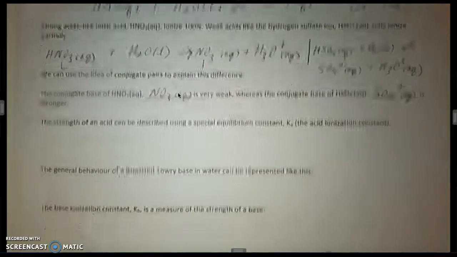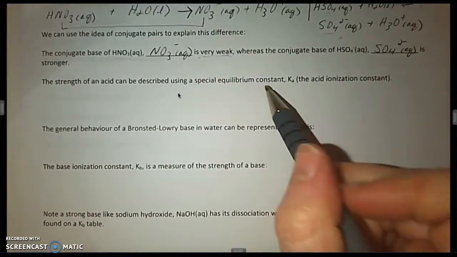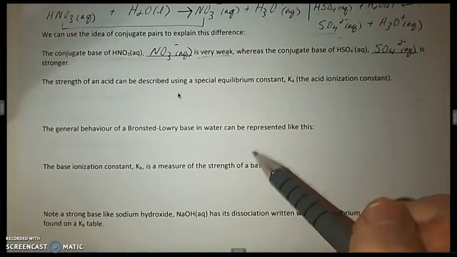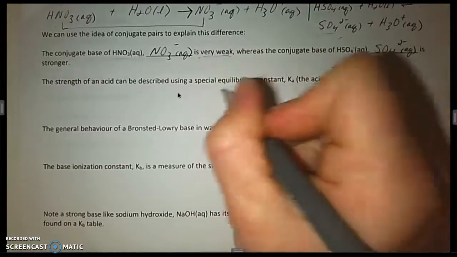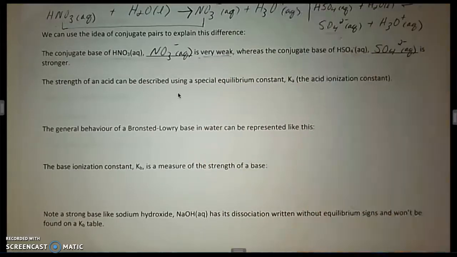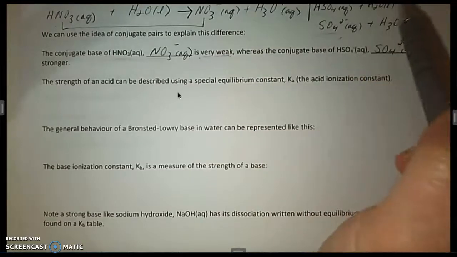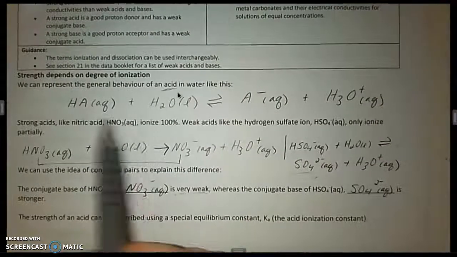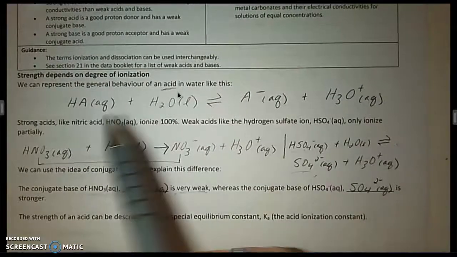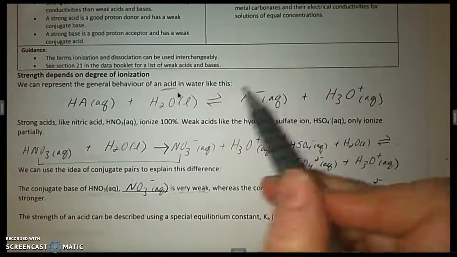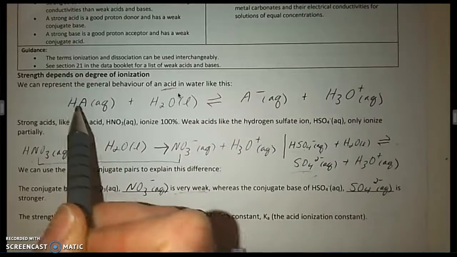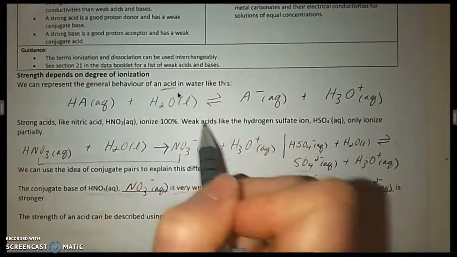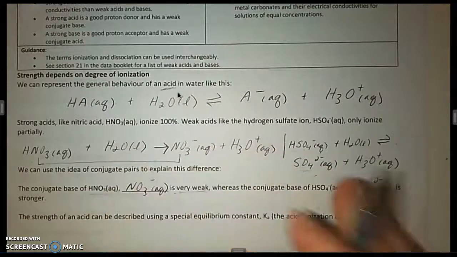Now, one way that we describe the strength of an acid, especially when we're talking about weak acids and ranking their relative strength, is to use the equilibrium constant for the ionization or the dissociation reaction. Okay, so in general, if I look back to my general reaction here, the equilibrium constant for this is going to be concentration of the products divided by concentrations of the reactants, okay? Remembering that water here is a liquid, a pure liquid, so I'm going to leave that out of my Ka